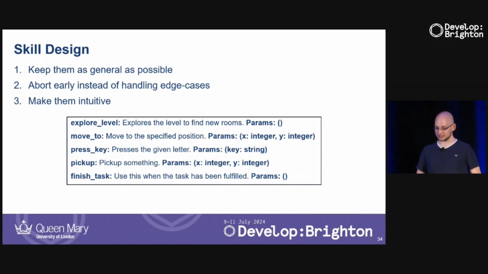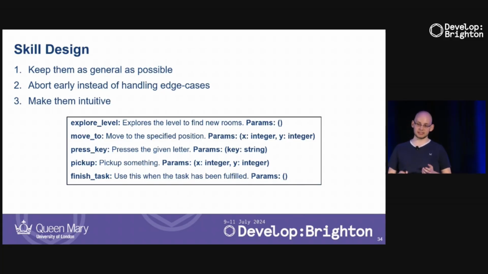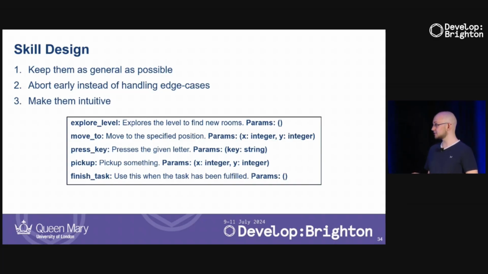And finally, we should make the skills intuitive. Now, this is quite interesting. Let's assume the pickup skill doesn't have an X and Y coordinate as input, meaning you just pick up whatever is currently below your character. The problem is, in this case, what the language model has tried to do, in my case, is to just assume that the pickup skill has an X and Y coordinate, and it's just going to hallucinate that it's most intuitive if pickup has an XY coordinate, so I'm just going to pretend it has one, and that of course then crashes my agent.